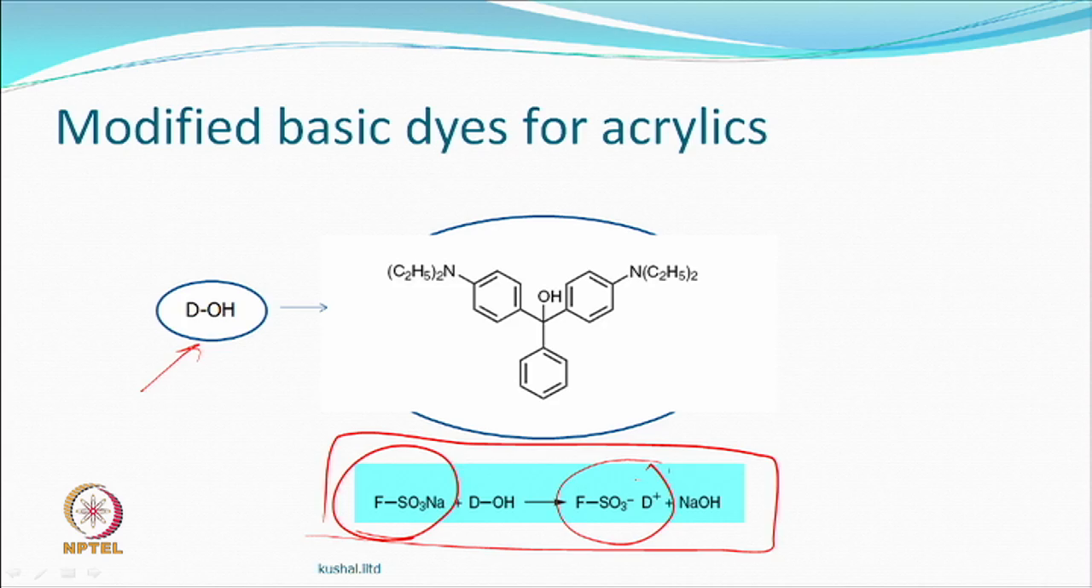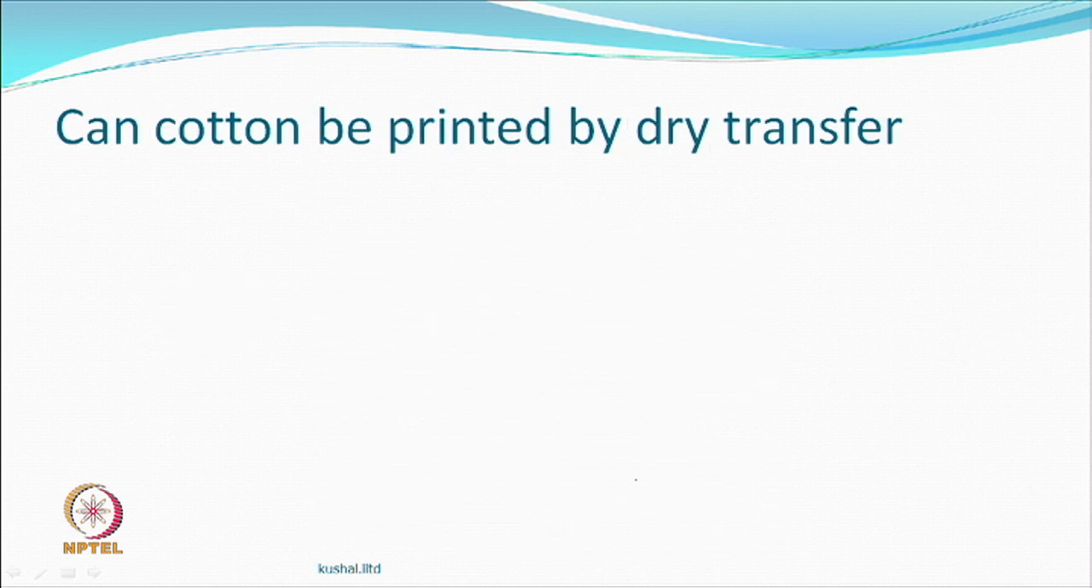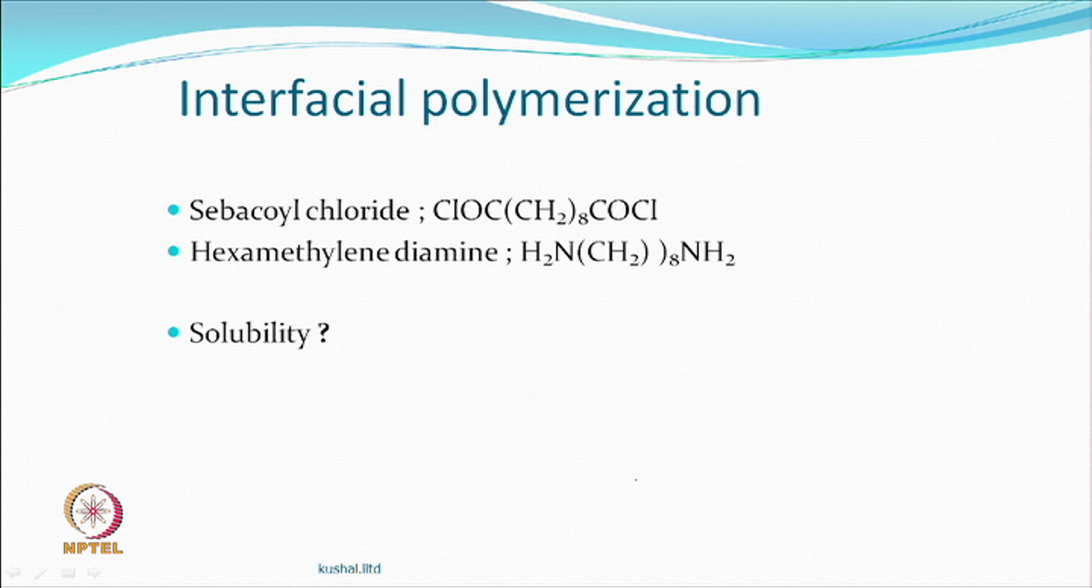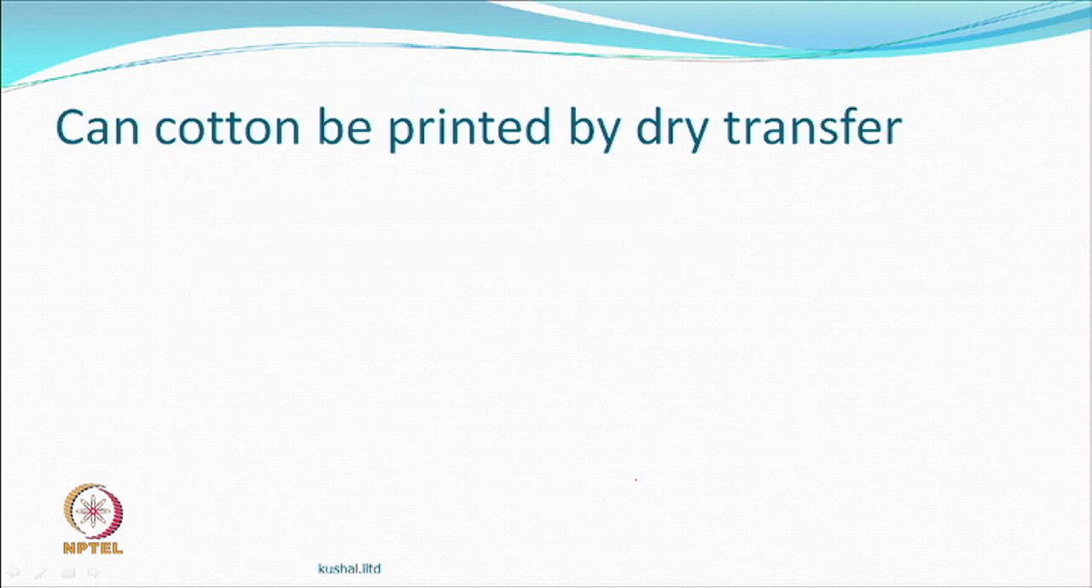Although normal dispersed dyes which are going to polyester can also go there, but then they do not give that kind of a pictorial shade. Can cotton be printed by dye transfer? Dye transfer means you have dispersed dye, right. So, normally you will say it cannot be, right. So, you can say, well, normally no,